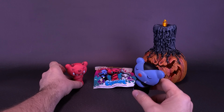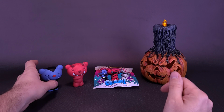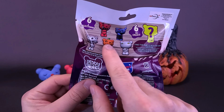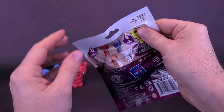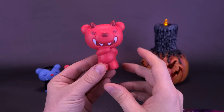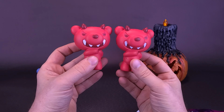So we got ourselves the devil. I was going to say demon. The devil. And we also got ourselves the Dracula. Let's see at least, though, that we get ourselves something different. What's left still to get? That one right there. That one right there is the one that I would be the most interested in getting. What's the chances? The only way we'll know for sure is opening up the bag. And sad to say, we got ourselves another demon, another devil Deddy Bear, which is exactly, obviously, the same as